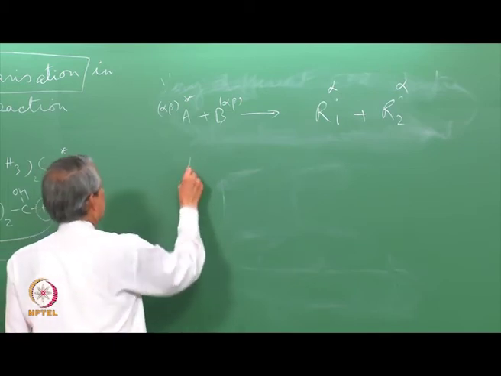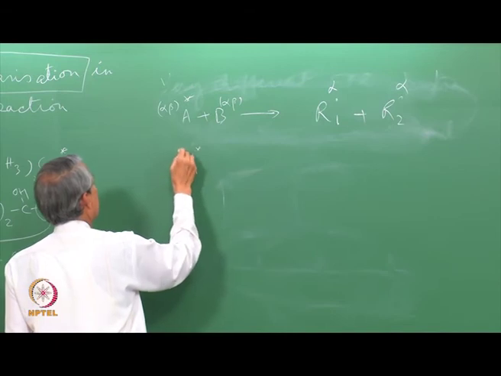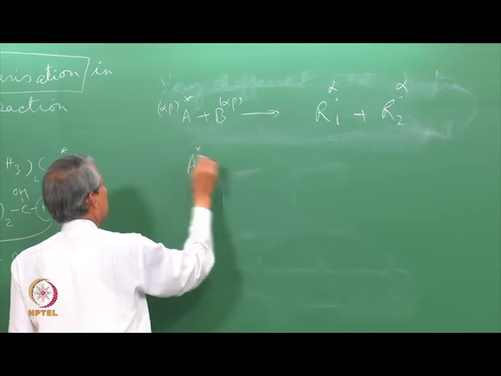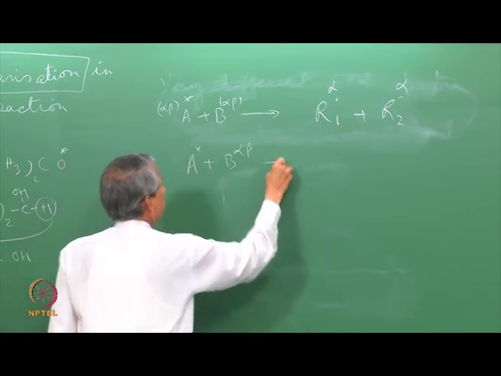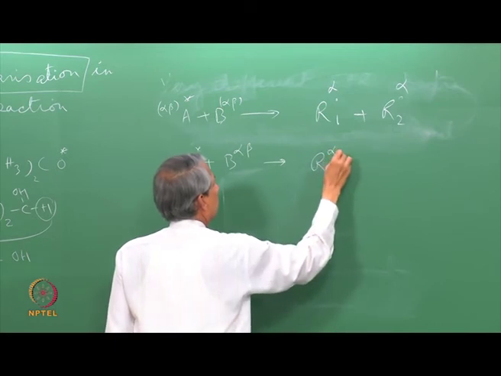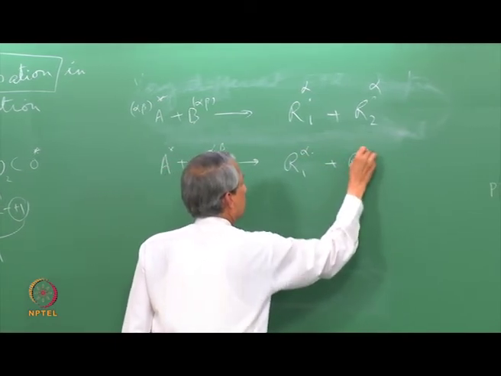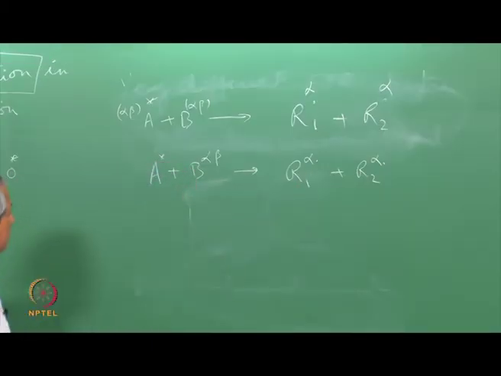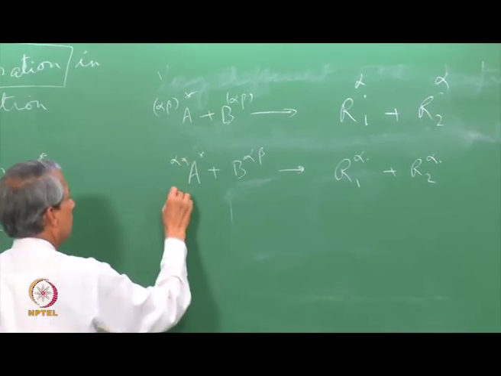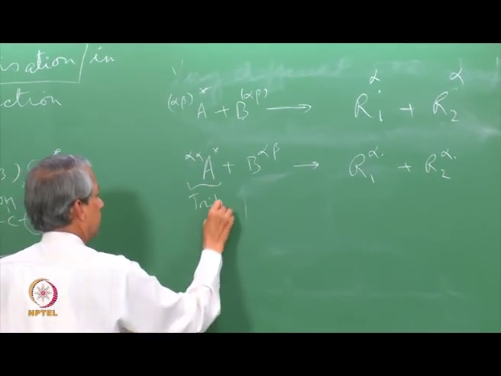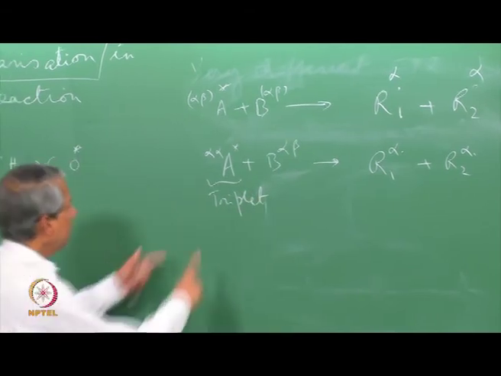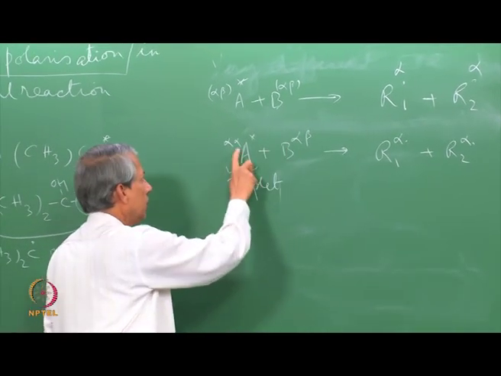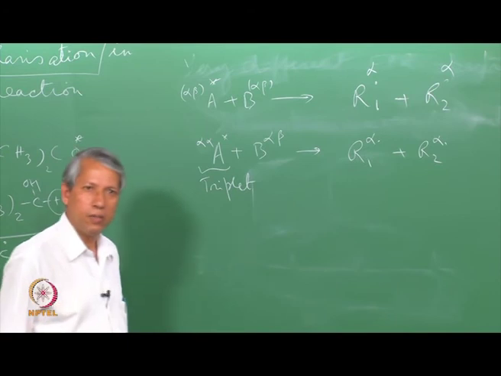How about the triplet state now? Suppose A is in the triplet state. Triplet state, what shall I write here? I will write in a moment. So, in the triplet state, this being alpha alpha, it is not difficult to visualize that this could also be alpha alpha, that is, this is one of the triplet. Then the angular momentum in terms of the number of unpaired spins is perfectly satisfied.